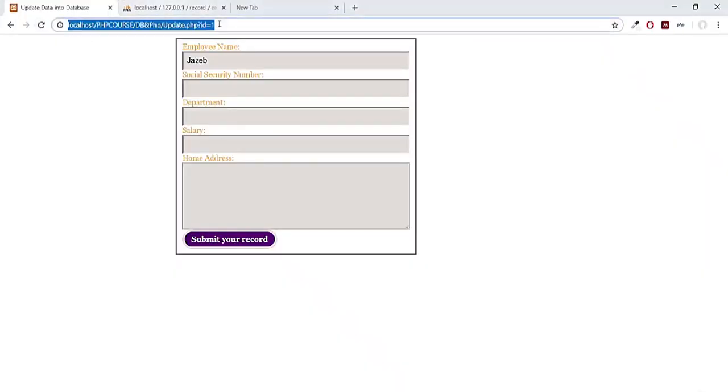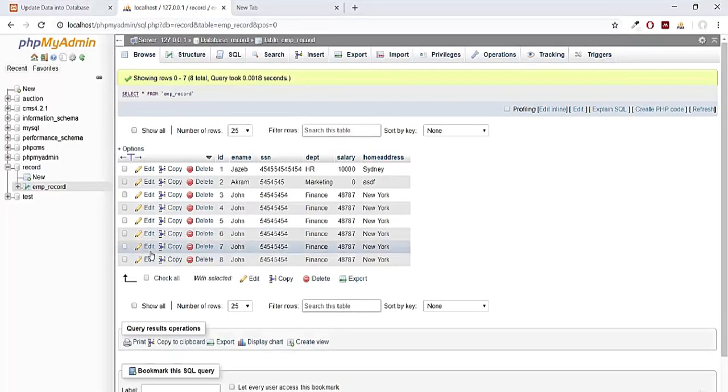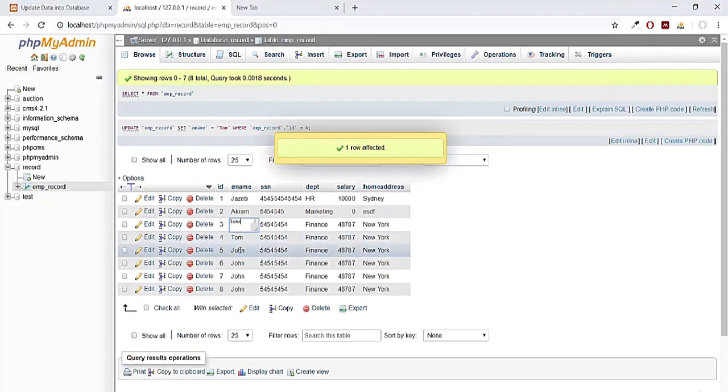See? So if I give it 2, now Akram, and if I give it 3, now John. If I give it 4, still John, because we have duplication of this name. So let's make it Tom.